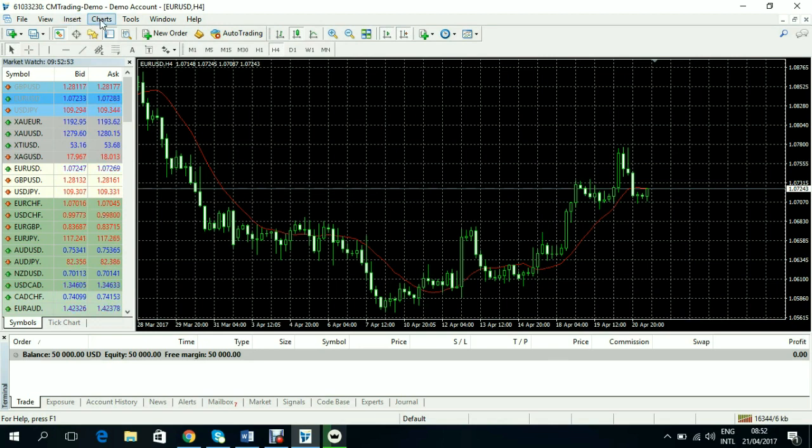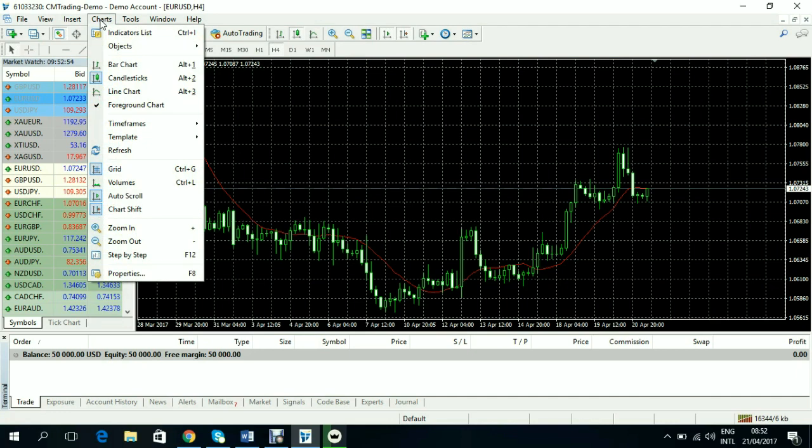Then we have the charts page. The chart page shows almost every tool used on the MT4 screen. All these ones you can see, almost every tool that is used on the MT4 screen is here on the charts. As time goes on, we'll be using them and you will get to familiarize yourself with them. Okay,